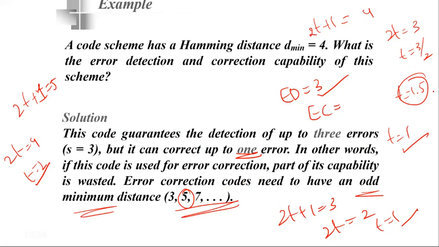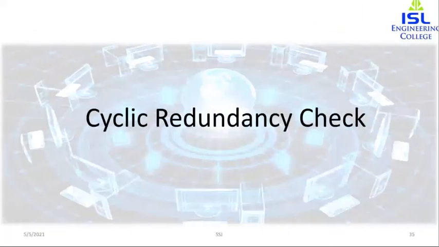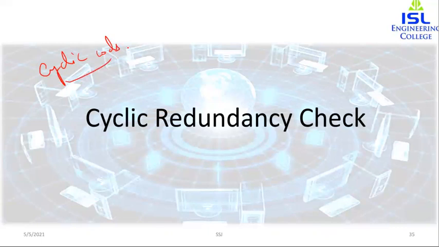Now the next topic is cyclic redundancy check. So what do we mean by cyclic redundancy check? Here, first and foremost, let's see the terms individually, then we will see the entire summary of this topic. Basically, we have something known as cyclic codes. Now, what are these cyclic codes? Cyclic codes are special block codes with an extra property. Now, what is that property it has?